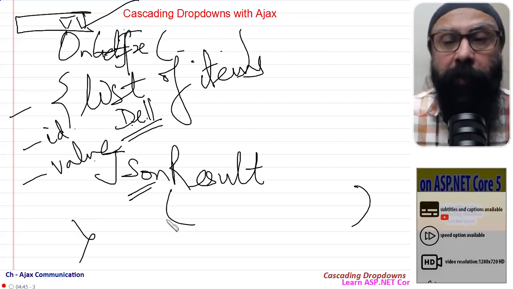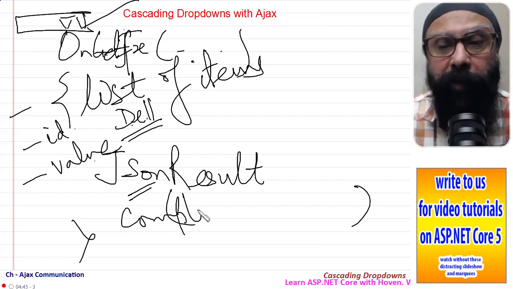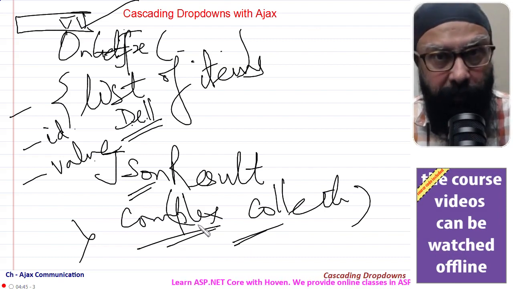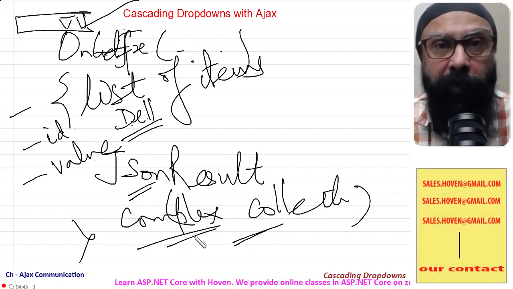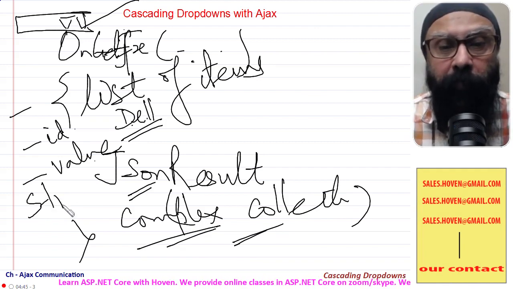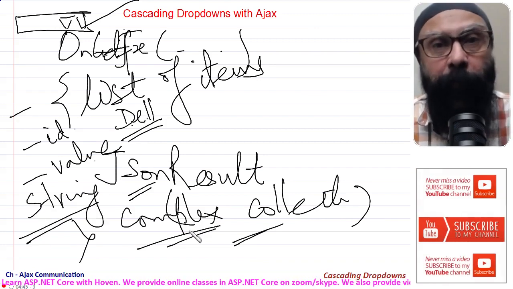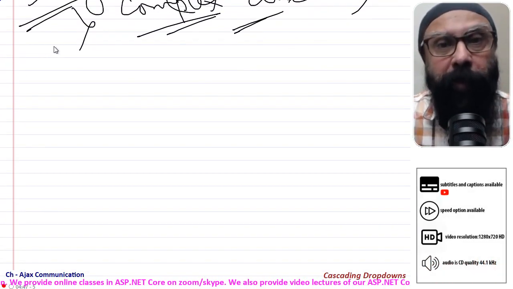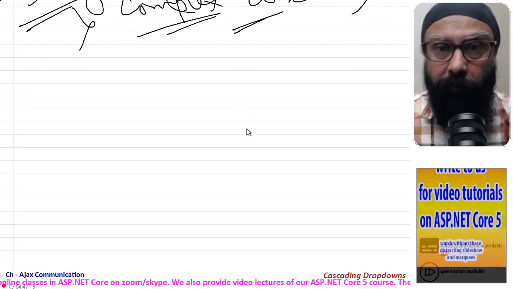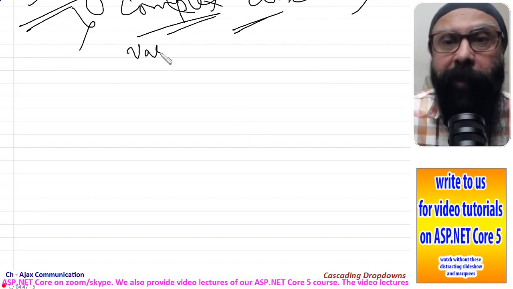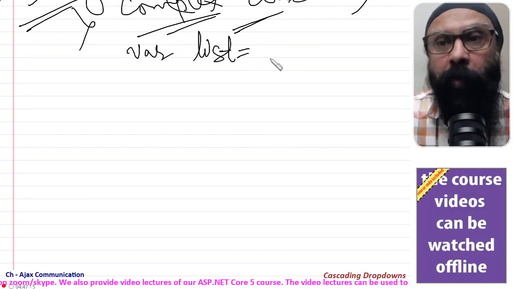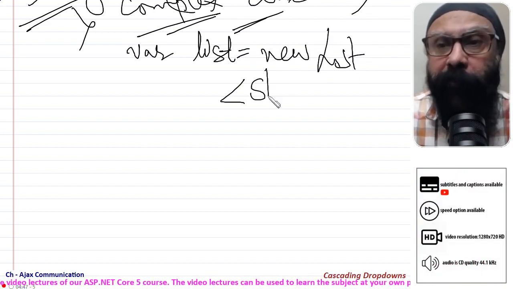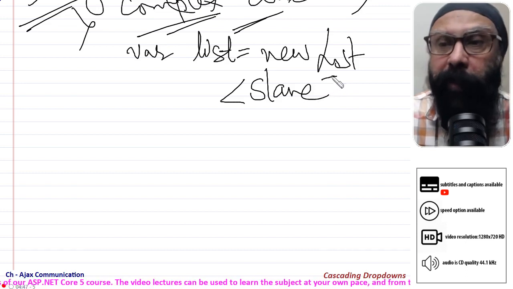The question is how to send a complex collection through JSON result. In all the examples that we have discussed earlier, we sent a string, but this time we have a complex collection, and let us see how we send that complex collection to the client side. For that, we will create a C# list of, let us say our object is called slave item,